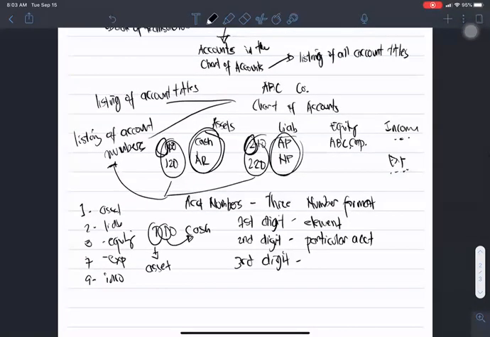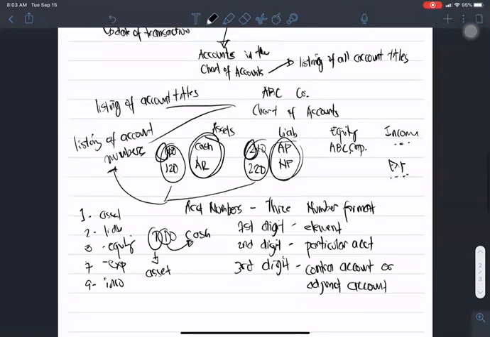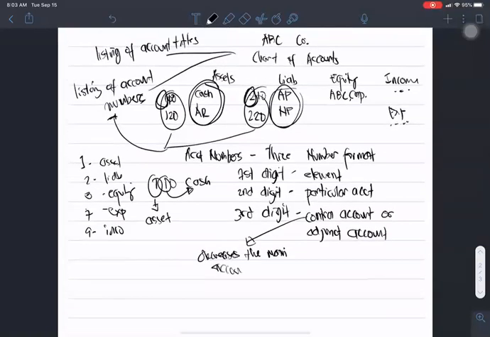Third digit normally signifies whether it is a contra account or adjunct account. Sir, what is a contra account or an adjunct account? A contra account decreases the main account. So, sir, what are the examples of contra account? So your contra account examples are, we have your allowance for doubtful accounts,